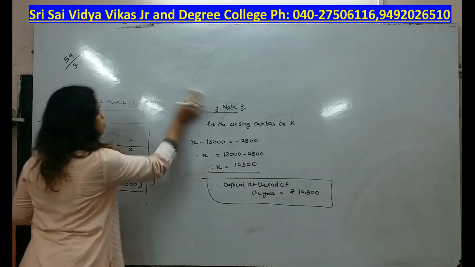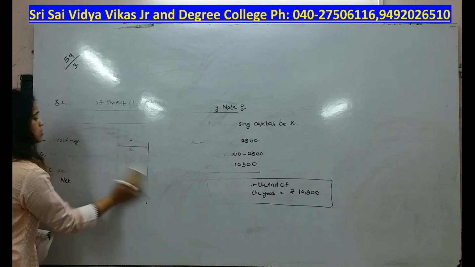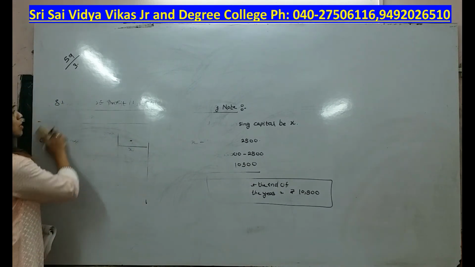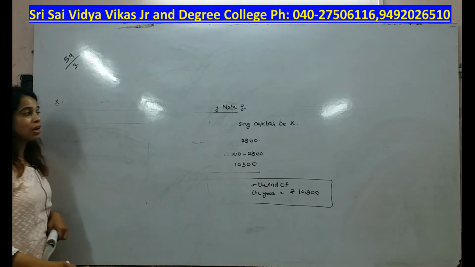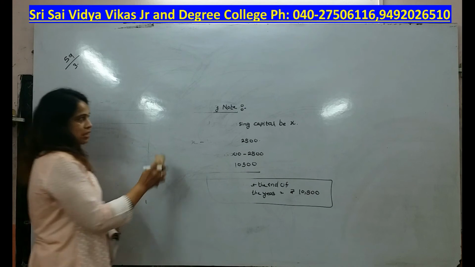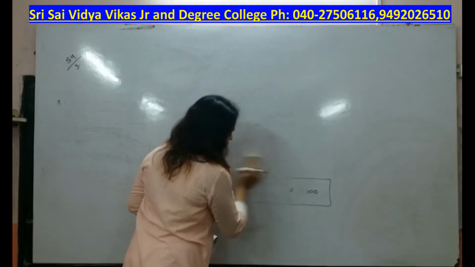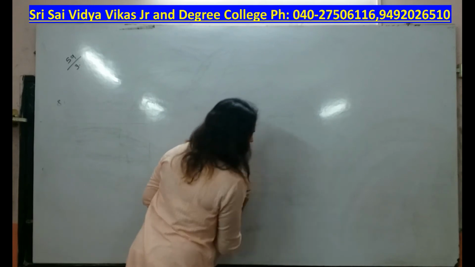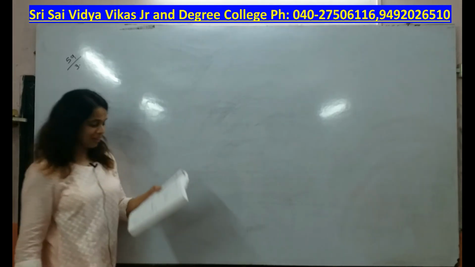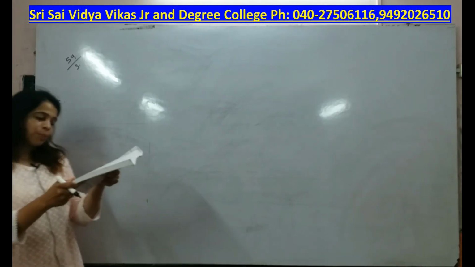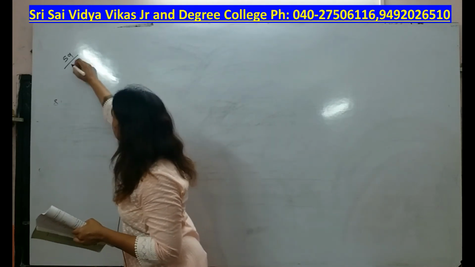We will do problem number 4 as well, because these are very short problems. And do remember one thing students, this type of question from this chapter will come for 5 marks in your final exams. It's quite easy, so you will easily be able to score full marks in this chapter at least. Now, ascertain the profit or loss of a concern. I am doing problem number 4 now, students.